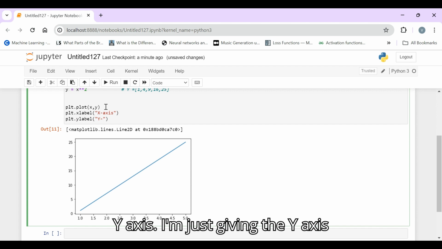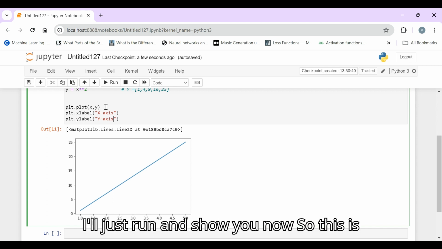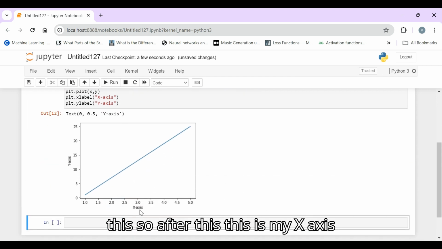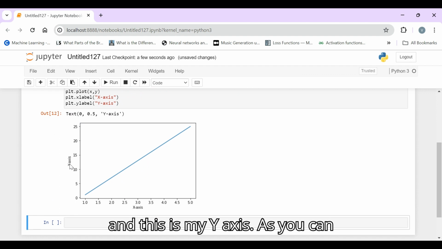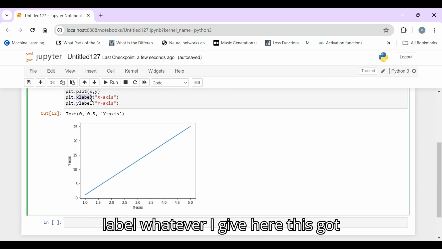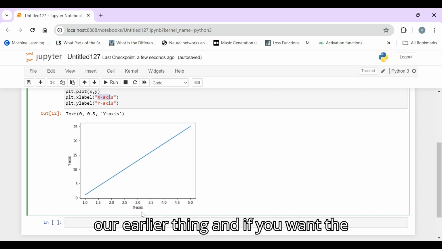I'll just run and show you now. So this is my x-axis and this is my y-axis. As you can see, when I called xlabel, whatever I give here got displayed here, which is different from our earlier output.